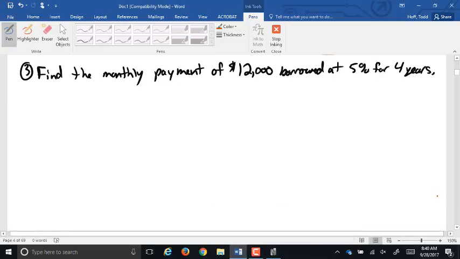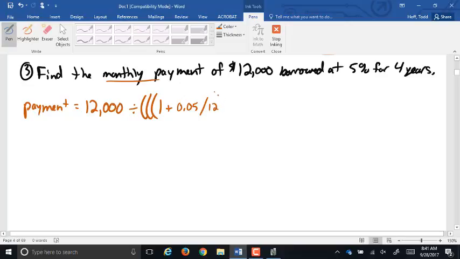For this one then, find the monthly payment on $12,000 borrowed at 5% for 4 years. You notice it doesn't say compounded, but it's monthly payment, so that implies it has to be done monthly. So the payment is found by taking the lump sum, the $12,000, divided by 1 plus, what's our rate? 0.05, divided by 12, because it is monthly, to the power of 12 times 4, because it's 4 years, minus